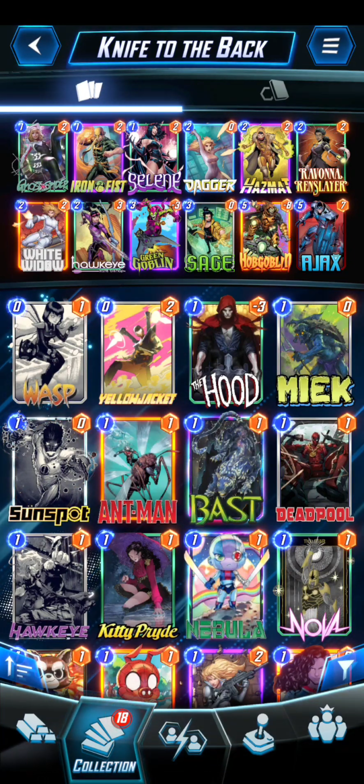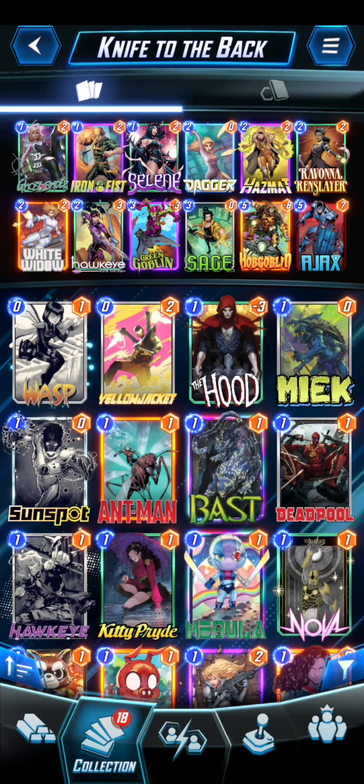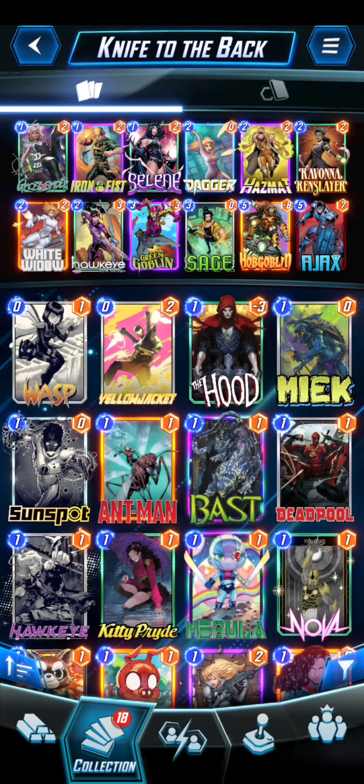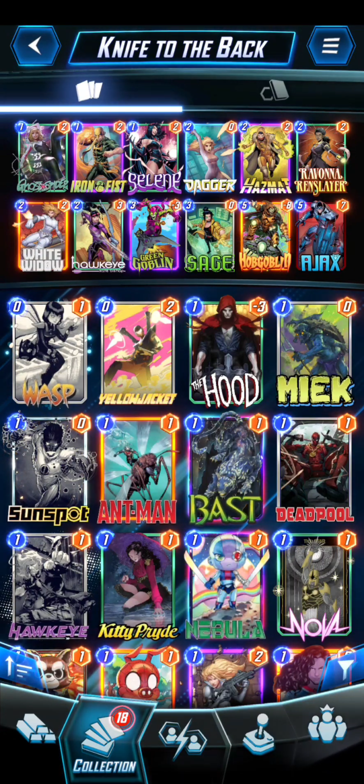And because I had Ravonna in there is why I have the Goblins, and because I have the Goblins, of course, gotta have Selene. She's a favorite of mine, and Selene hitting those Goblins and then sending them over is just chef's kiss. So